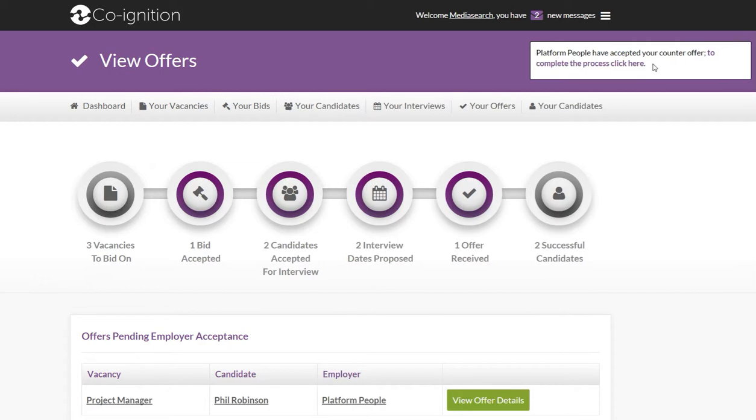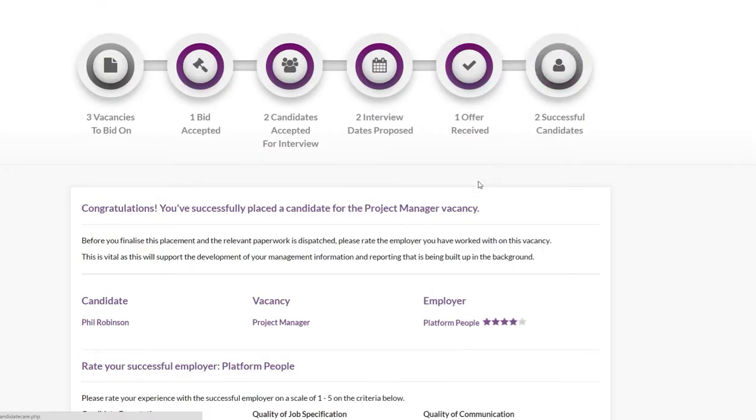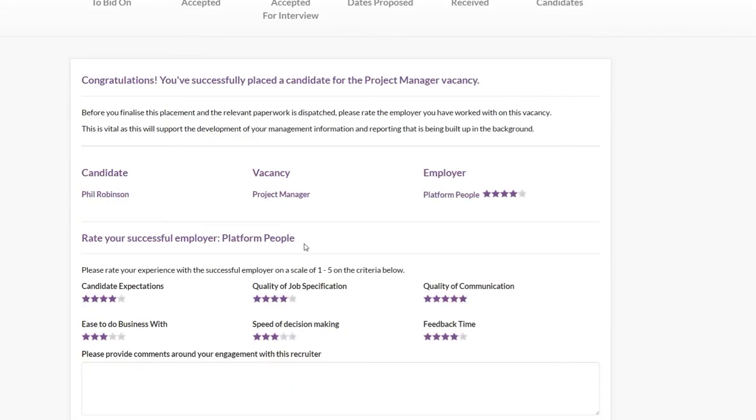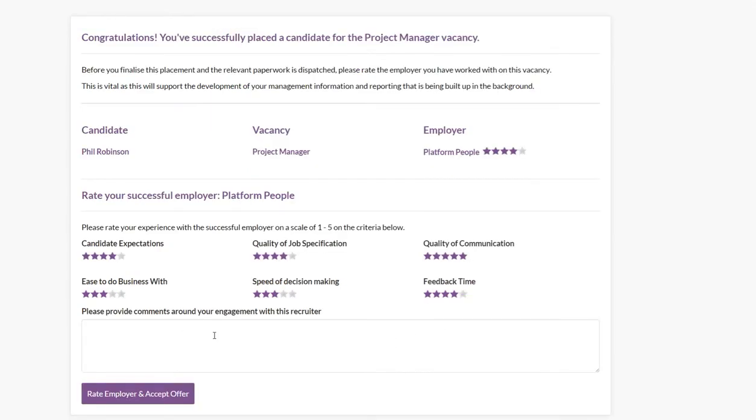So they've accepted the counter offer, so to complete the process, click here. So congratulations, you've successfully placed a candidate, fantastic. The employer. Now we get a chance to actually rate the employer on candidate expectation, quality of job spec, quality of comms, ease to do business with, speed of decision making, and feedback time, and we can leave them a